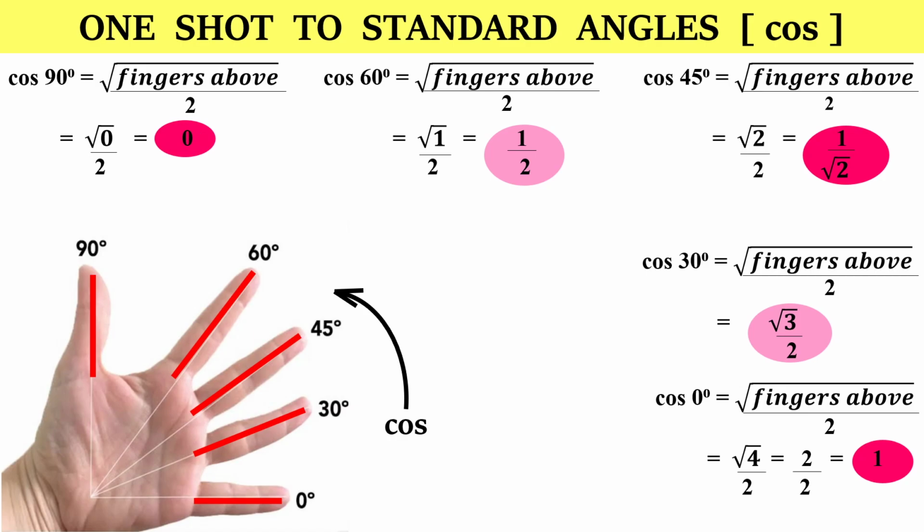Whenever you come across an angle which is connected with cos, these are the values you have to remember. Immediately you substitute the values. If you see cos 60, you write half. If you see cos 30, you substitute root 3 by 2. If you see cos 45, you write 1 upon root 2. Cos 90, 0. Cos 0, 1. So these values you have to keep in your mind. Just commit them to your memory.